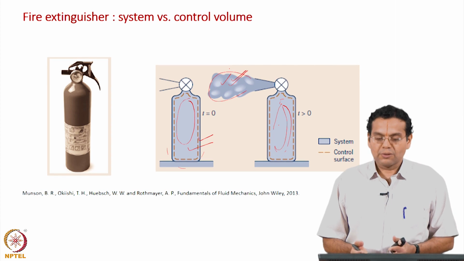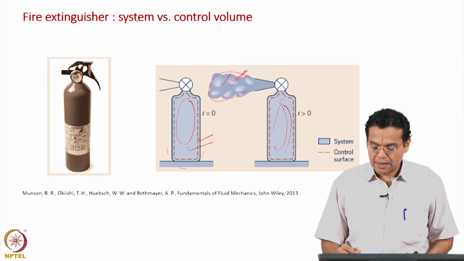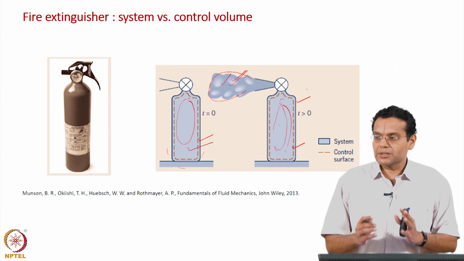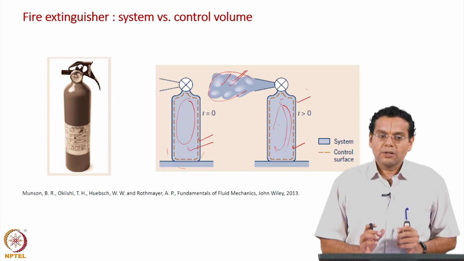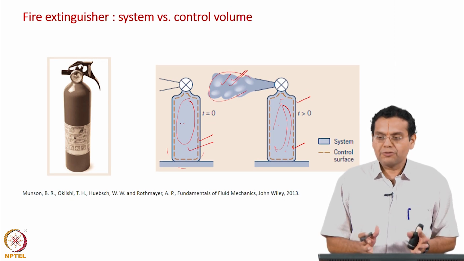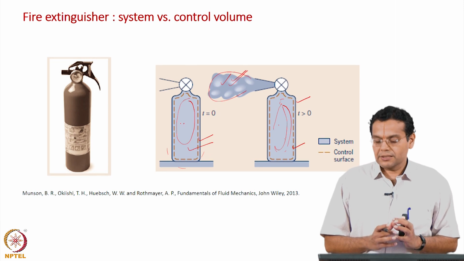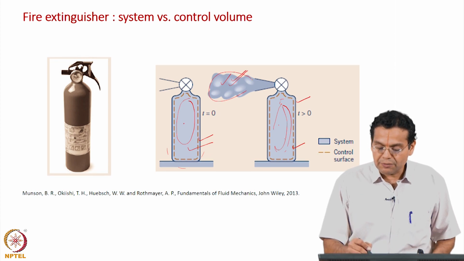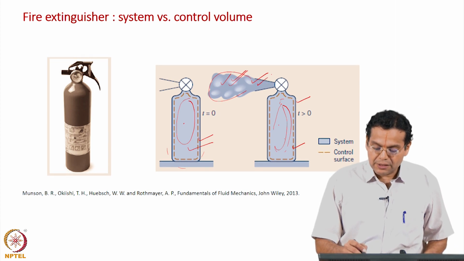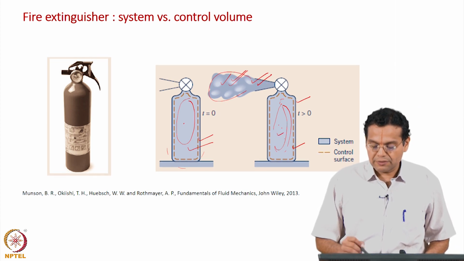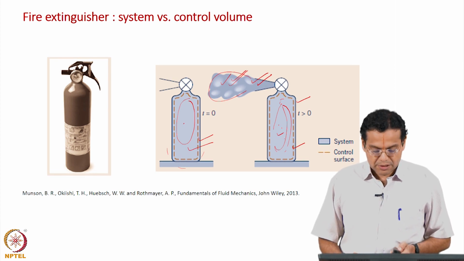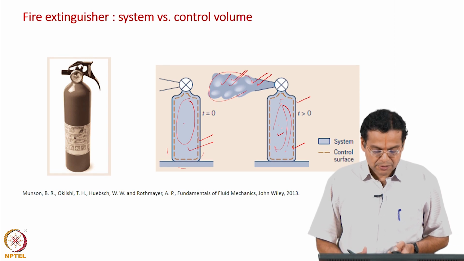In this case the control volume remains the same, the same control surface, the same control volume. So, this is a good example to distinguish what is a system and what is a control volume. We identified at time t equal to 0 a set of particles as a system, and we always keep tracking them, even though they have moved out of the control volume. My system includes whatever particles are here and whatever particles are there. In this case the cylinder is my control volume defined by the control surface. Okay.